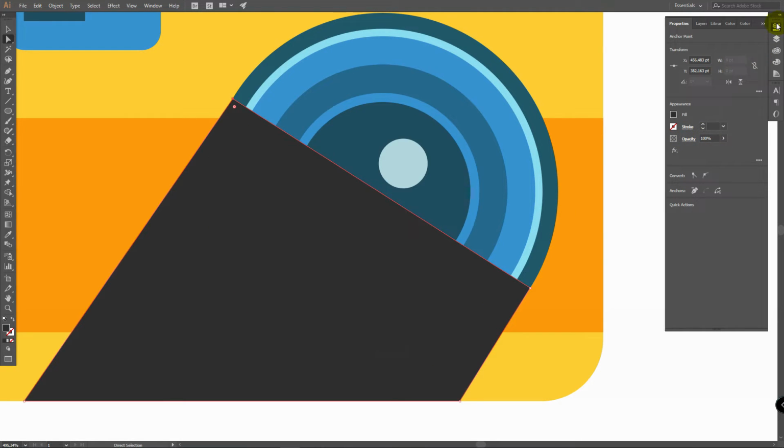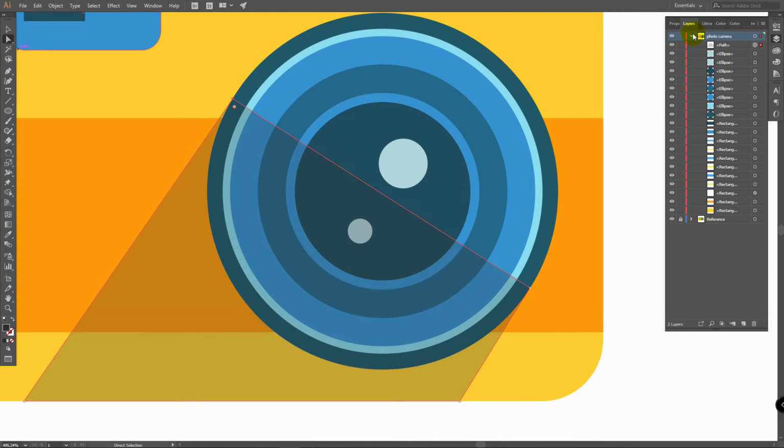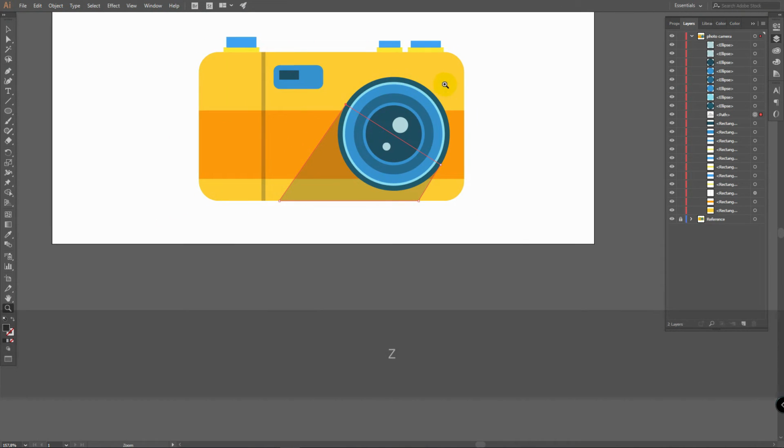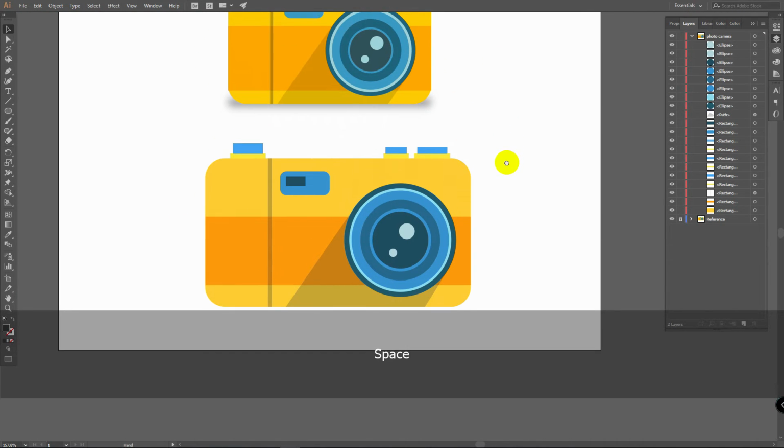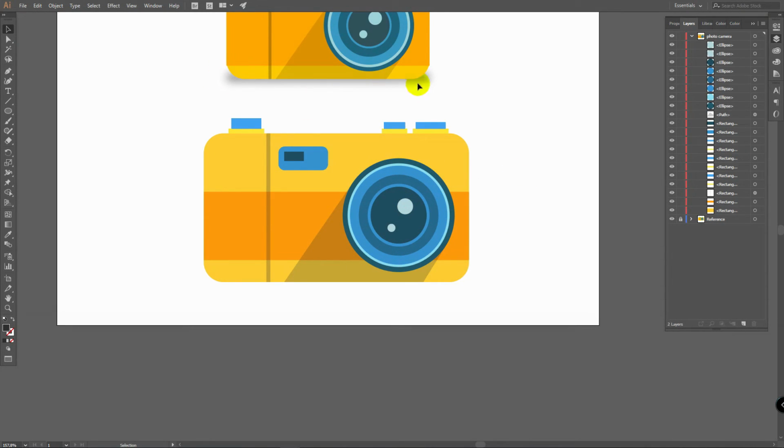In the Properties panel, we will change opacity. I think 25% will be just great. Now go to the Layers panel. Open your layer group. Select this layer and drag it down behind your lens. Now zoom out. Press V for the Selection tool. Deselect this object. You can see that our shadow is done, and we need to create a shadow for our